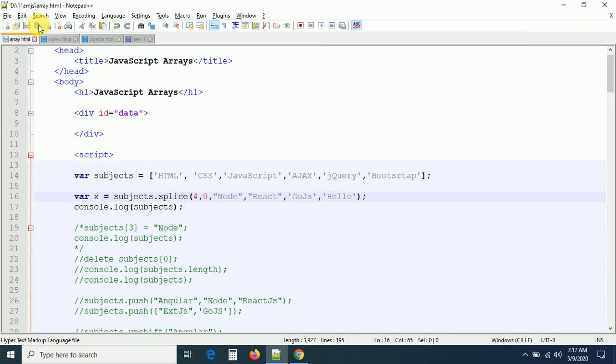This is what the splice method does. What is the splice method doing here? By using this method, we are cutting the array. We can get a specific portion of the array, or we can add an element to an array at a specific position, or we can remove an element from an array from a specific position. Earlier, with push, pop, shift and unshift, we were able to add and delete only at the first and last positions. But now, this can do all the jobs, guys. We can remove the first element, we can remove the last element, we can remove the middle or a selected element, or we can add an element at the first position, the last position, or the middle of the array also. That is the splice method's duty.